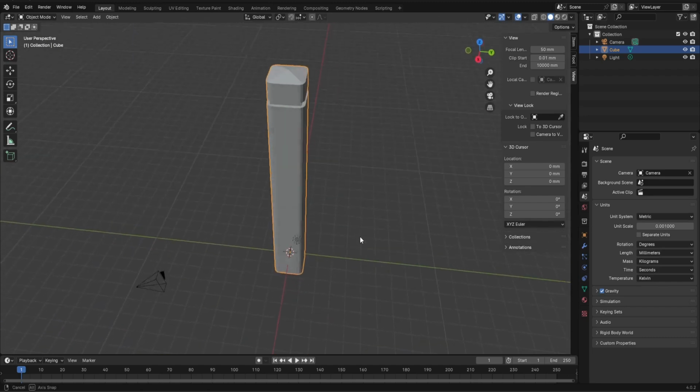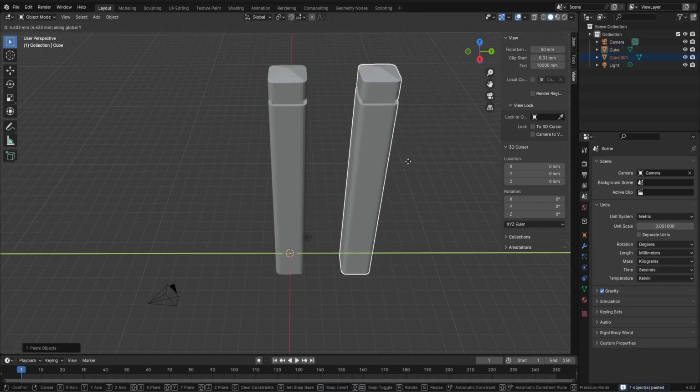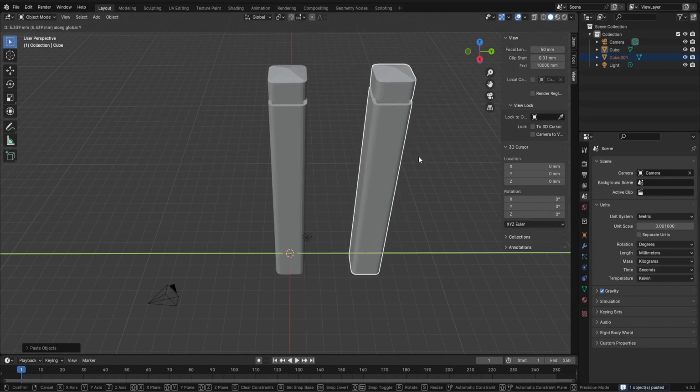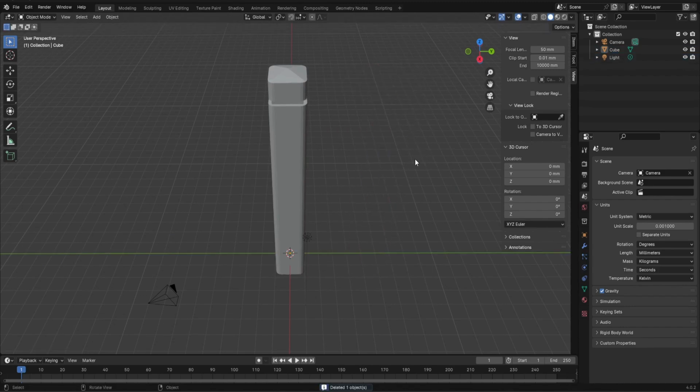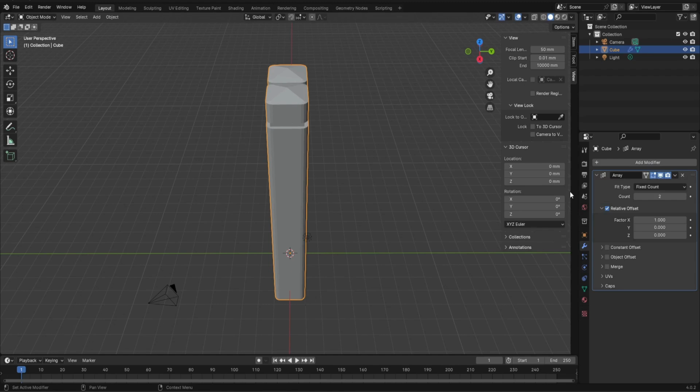Now instead of having to build this post multiple times across by doing Control C, Control V and then G to grab, which would be really boring and really hard, we're not going to do that. We're going to use the array tool. So let's have a look at how that works. We go to our modifier panel, which is down here with this little spanner. We add in a modifier, and we're looking for array. That's under generate. What you're going to see straight away is it makes a copy of the object